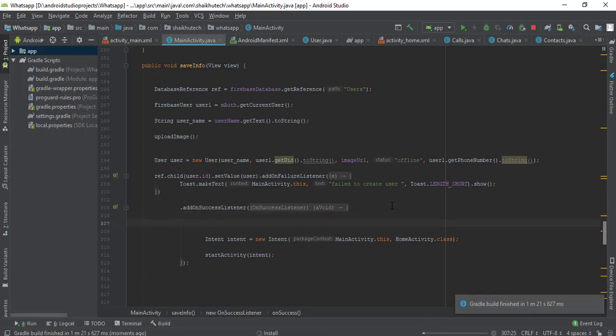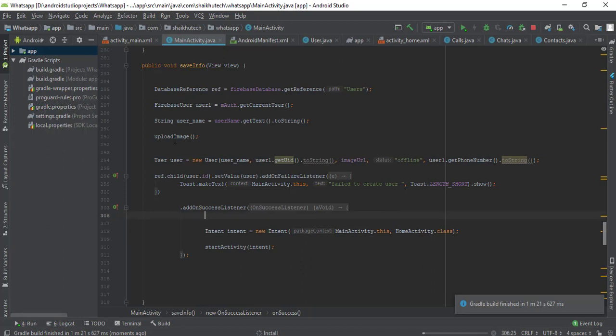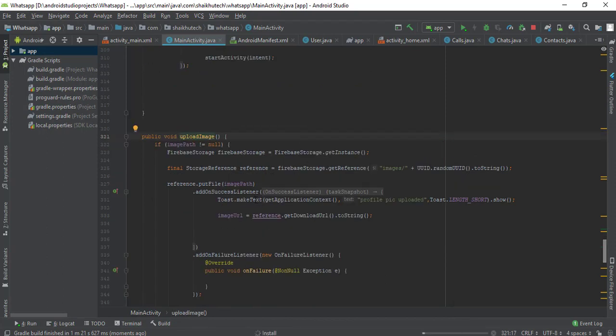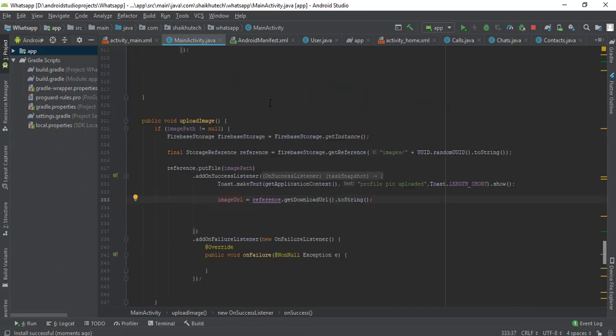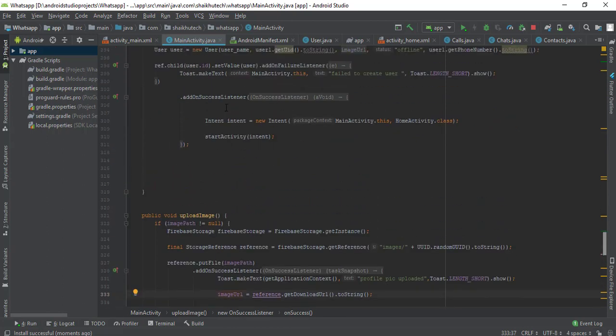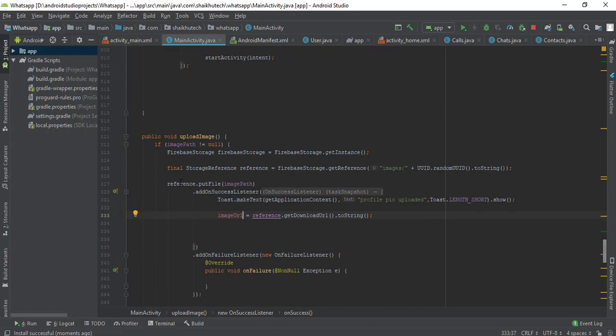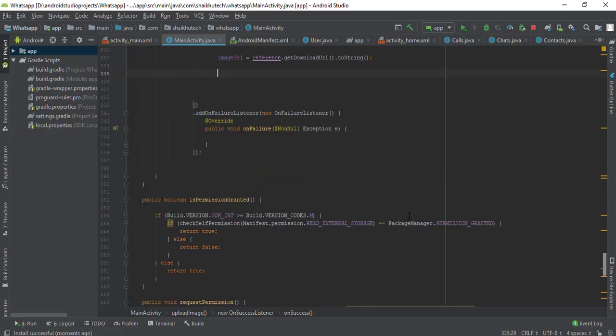So for that, it's actually inside upload image. Let me go get there, control and click to get there. So when this image gets uploaded, this gets the image URL, but what we were doing is that we were just saving the image URL before this success listener is being called. So what we can do is, whenever this success listener is called, we can just get reference to our database,